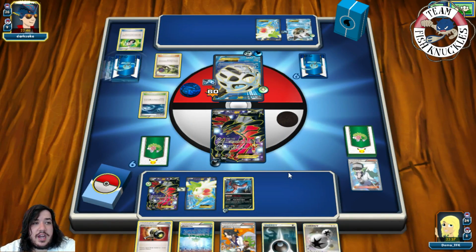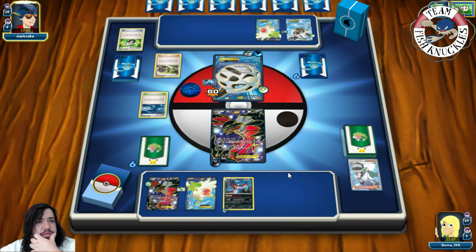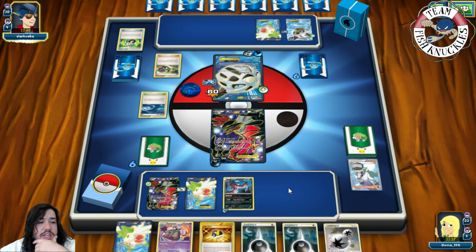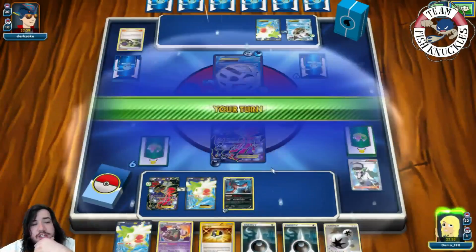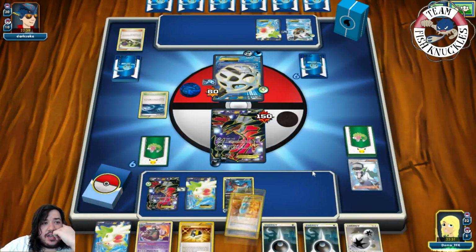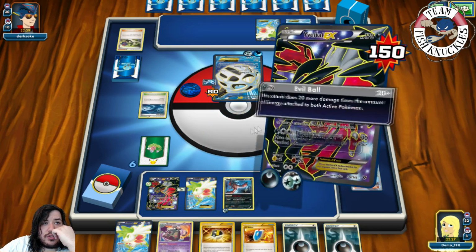All right, and let's see, what do we find here? What does our opponent do? What do they get? There's a dark energy. All right, and what else? So an Instant Freeze, so do 100 damage. But like I said, we have a DCE, so we can't take a knockout this turn. So put a DCE active, and we will just